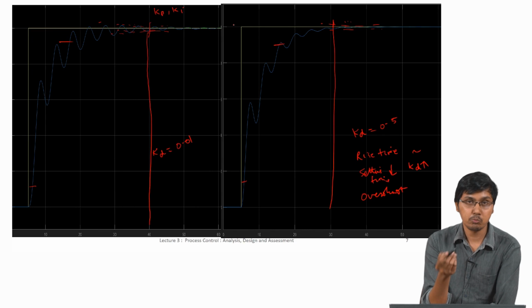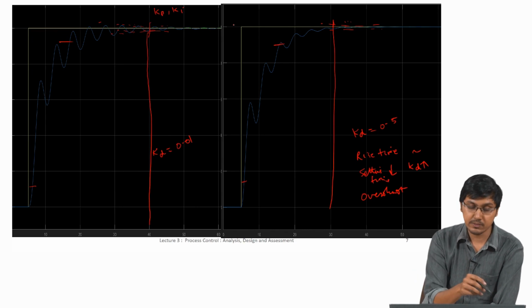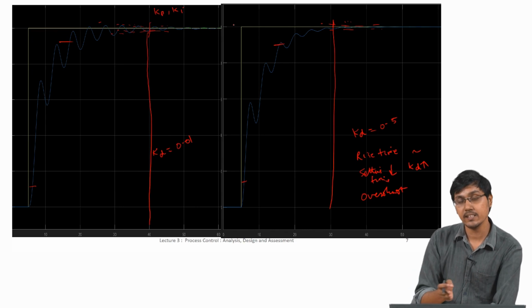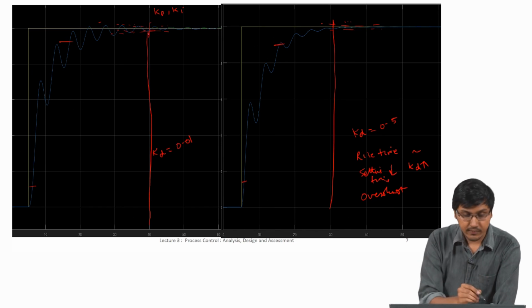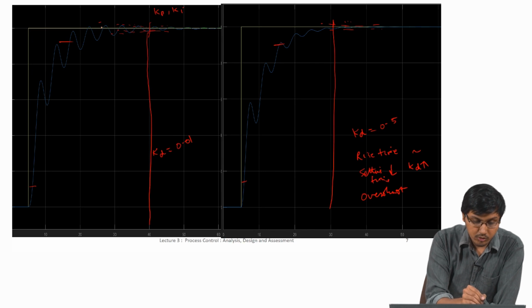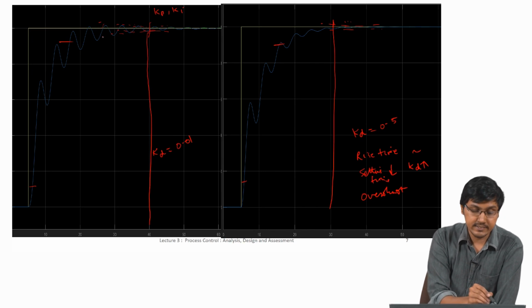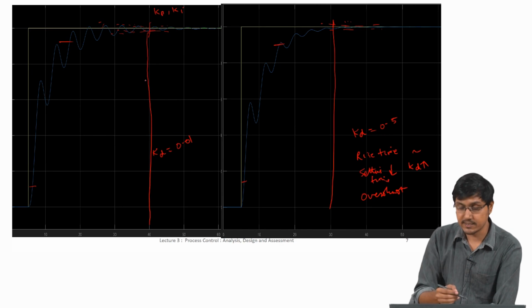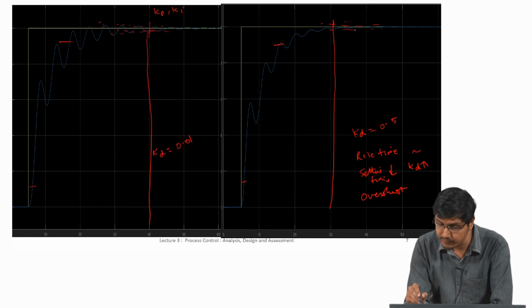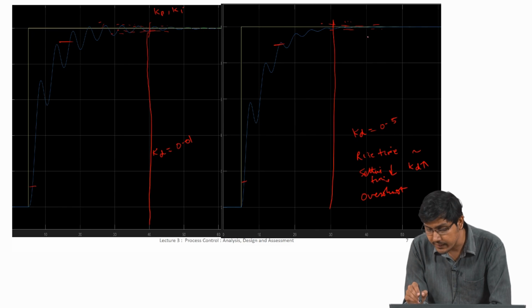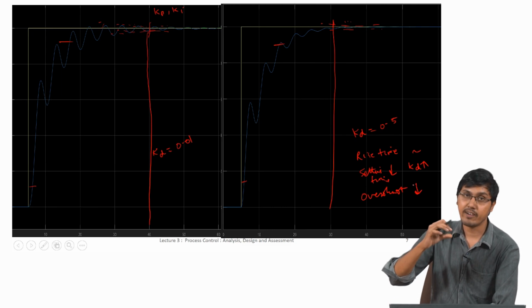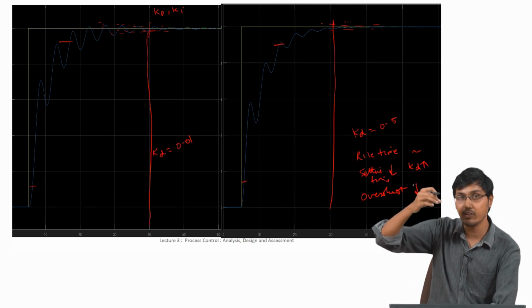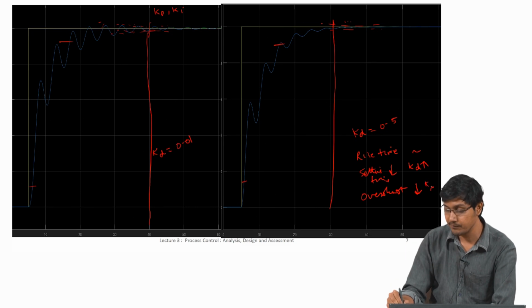You can just put Ki equal to 0 and then observe what happens when KD is increasing when you fix some KP value. Now, if you look here, it goes above the set point by some value and then decreases, right. But here it is very negligible, probably it does not even go above and then come down, or maybe it goes a very small amount. So we can see that the overshoot, the value by which it goes over the final value and then comes down, decreases when I increase the KD.